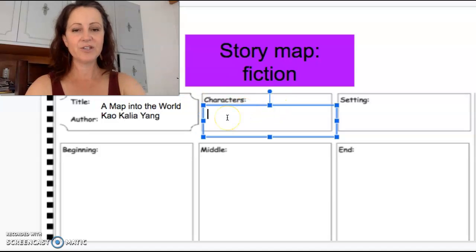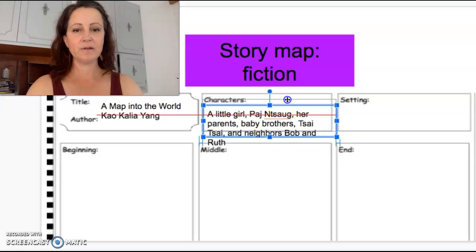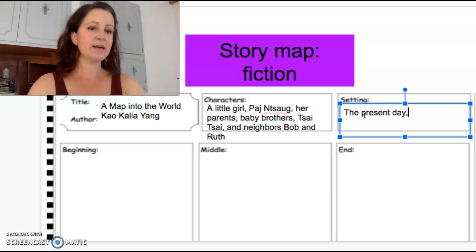The characters we just finished naming are a little girl, Pandau, who I'm going to have to check to make sure I'm spelling her name right. Pandau, her parents, baby brothers, Tsai Tsai, I'm going to name her Tsai Tsai because I'm not sure if that is grandma or not, and neighbors, Bob and Ruth. And it's okay if my writing got a little longer and didn't quite fit in the box, no worries. The setting is definitely the present day, okay, it's not happening in the future or the past,